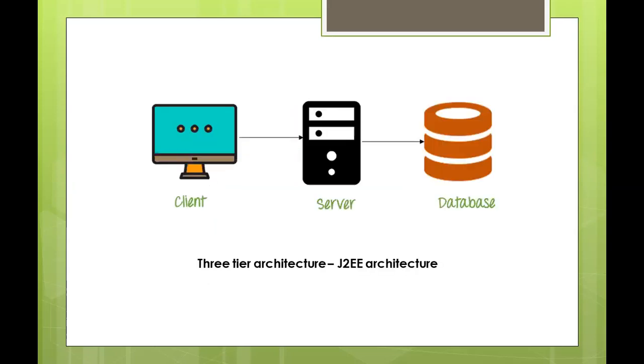The solution is this one, three-tier architecture, also called J2EE architecture. J2EE architecture is three-tier architecture. It is also called multi-tier architecture, where there will be a client tier, which is very similar to our previous one, and there will be a database tier, which is also similar to the previous one. Additionally, you have an application tier. The middle one is the application tier. It is an interface between the client and the database. All the data is stored in the database, but the application logic, all the application programs, are stored here. This is the application server. Your database server example is MySQL, and here the application server example is Apache Tomcat.